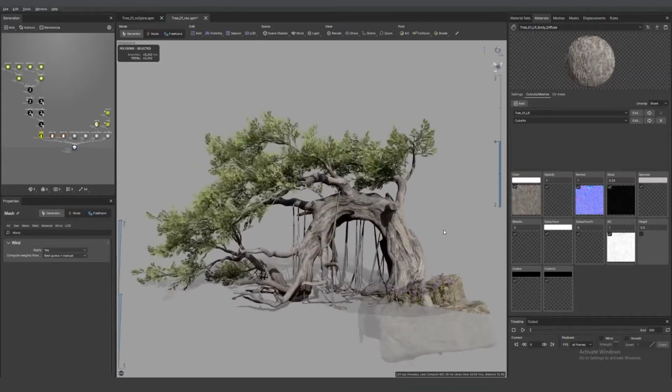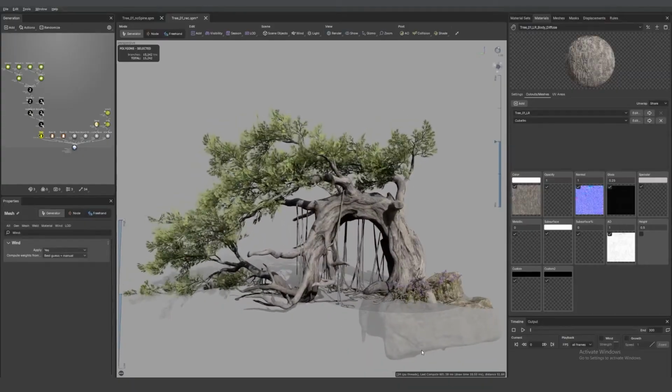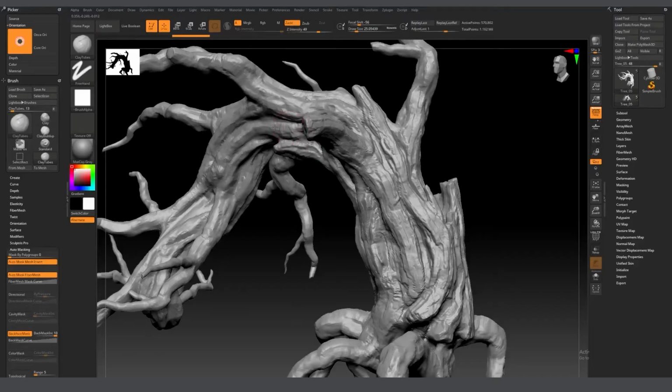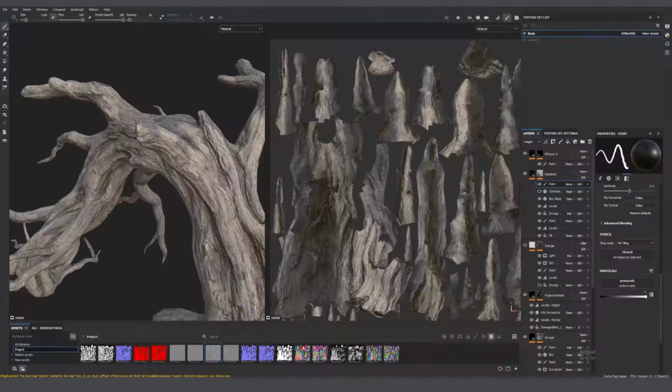In this video, we'll go over two projects. The first is a tree and the other one is a rose. Let's dive into it. Here we have a custom tree that was hand sculpted, then textured and imported into